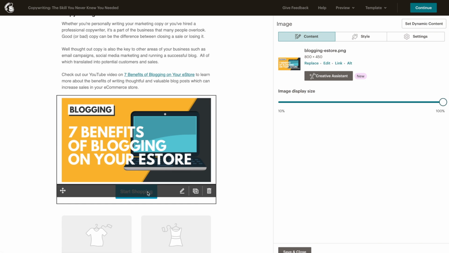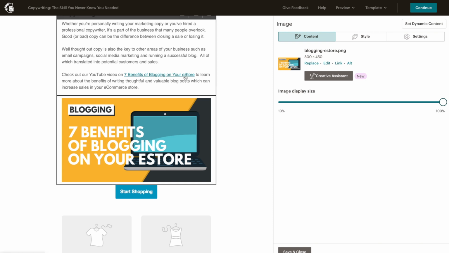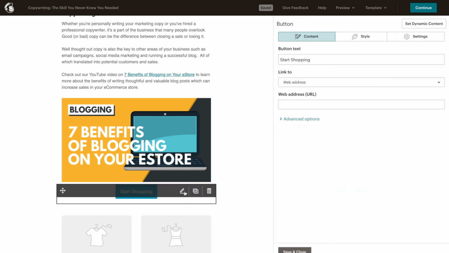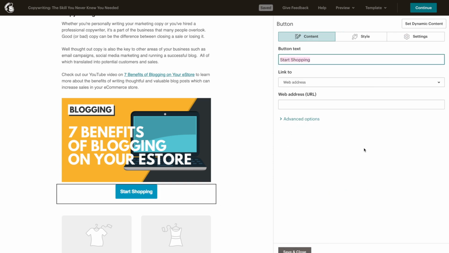Now for this button, I originally was going to delete it, but I think it would be good to have a button that said, watch now or watch video, that kind of thing. It may seem a little much to have a link here, and now a link on a button. But when you want a user to click on something or to do something, it's obviously better to have a few different options for them to choose from. Some people by default click on the thumbnail, some people click on the button, but either way, you're kind of covering your bases. So we'll go ahead and edit the button, change the button text,